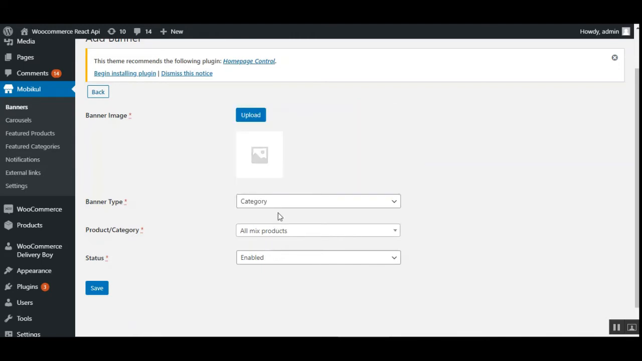You can do the same for the banner type as image. Then you'll have to choose that image, and the customer would be redirected to that particular image. So that was about the banners under the Mobikul. So this is a section that is used to create and set up your mobile app for your WooCommerce platform-based web stores. Now coming to the featured products, also kindly note that you would have seen in the previous video